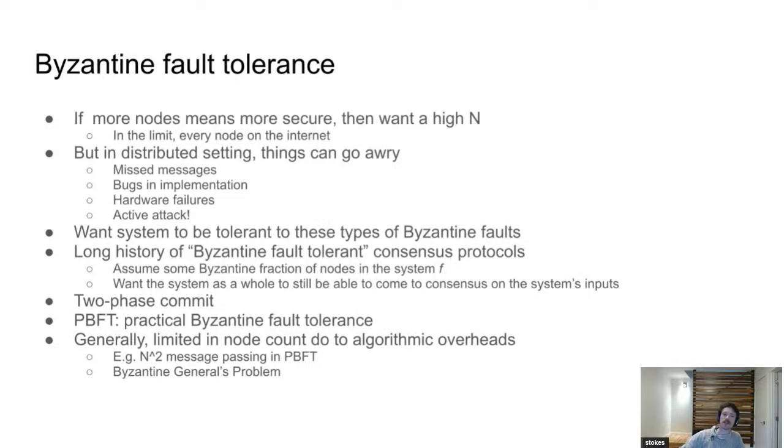All the other nodes then have to acknowledge that. And then once you've seen a Byzantine fault tolerant fraction, say 2/3, you end up in this place where I know that I'm going to have a majority agree with me because they've already done so. So that's phase one. Phase two is saying, I just accept that this is the new state of the protocol. Assuming that I've reached my fault tolerant threshold, say 2/3, then there's no way there could be another majority view anywhere else in the system.